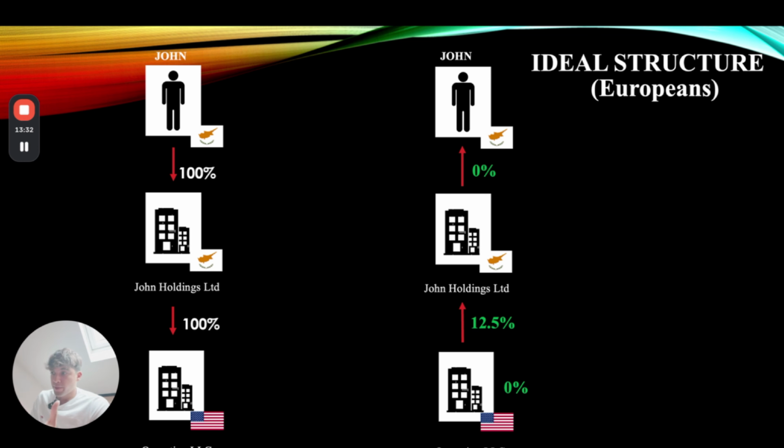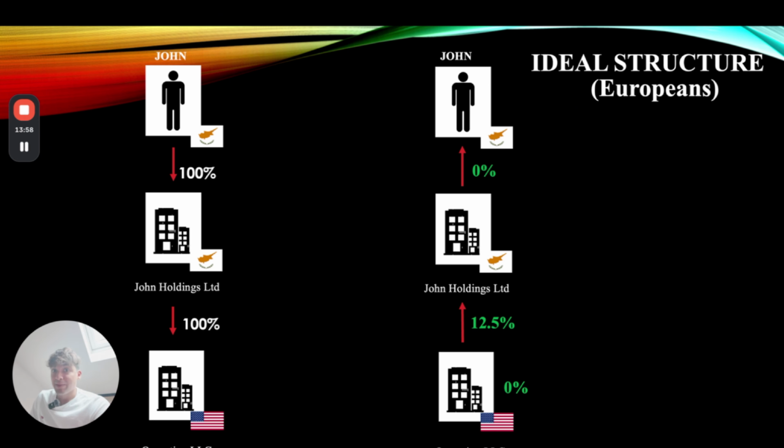And for Europeans, this is my recommended structure. If you're European, if you're traveling Europe, get a Cyprus company, settle down in Cyprus. Yes, it's more expensive. Yes, it doesn't have 0% tax, but you'll be safe 100%. And it works long term. If you're planning on scaling past $1 million a year, 10 million a year, Paraguay is not going to work. It's not going to hold.